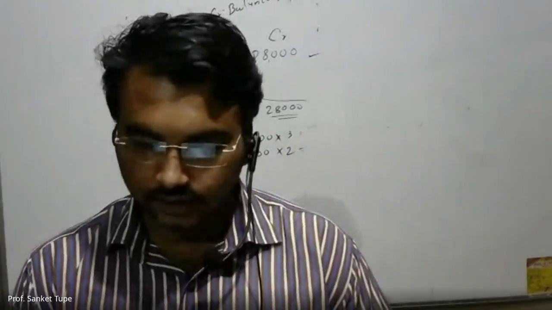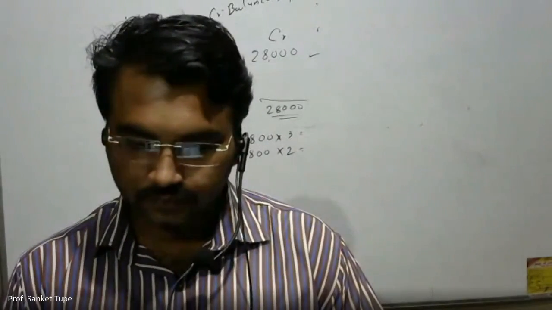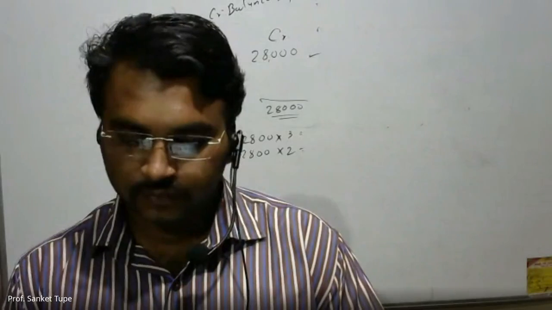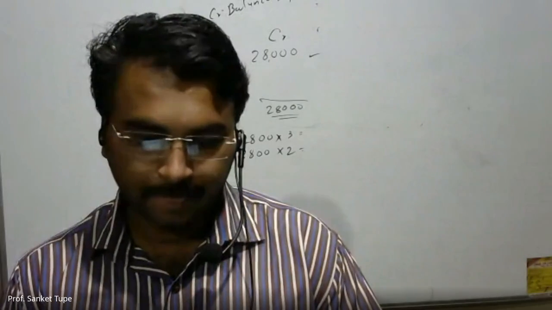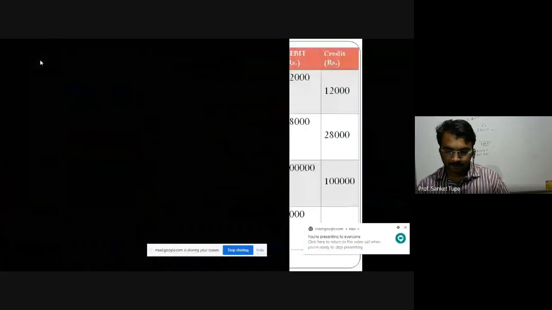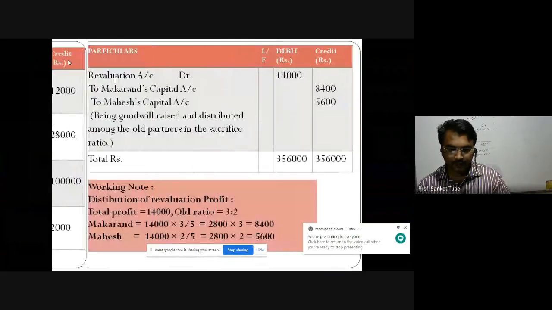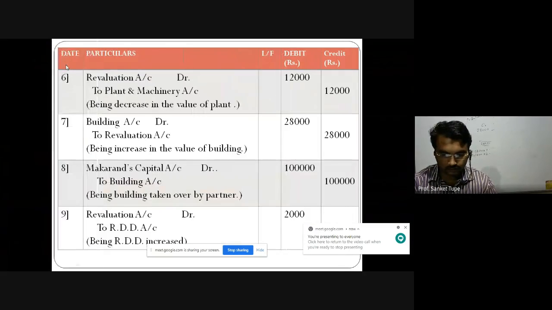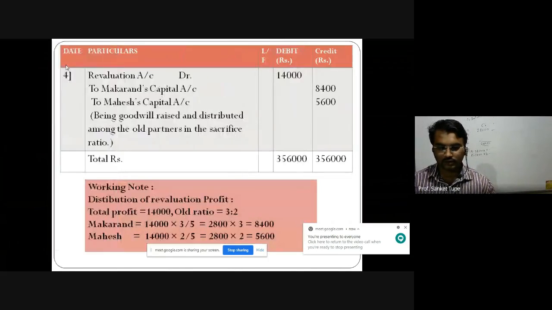Again, I'm sharing my screen so you can see the distribution entry. Revaluation 14,000, revaluation account debit 14,000, actually its number is the 10th, okay, 10th entry it is।